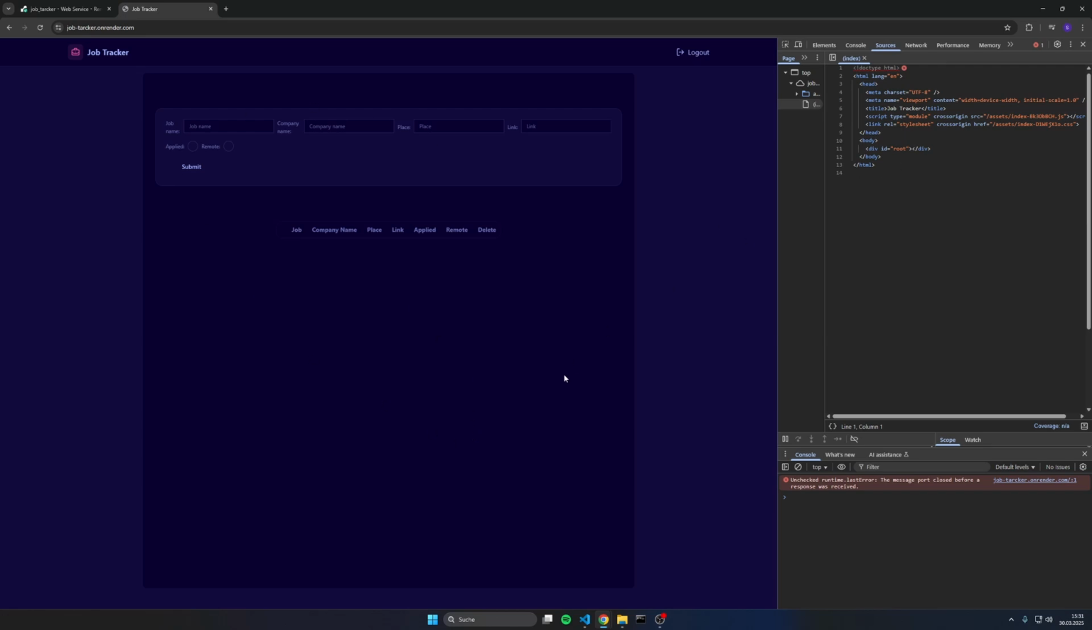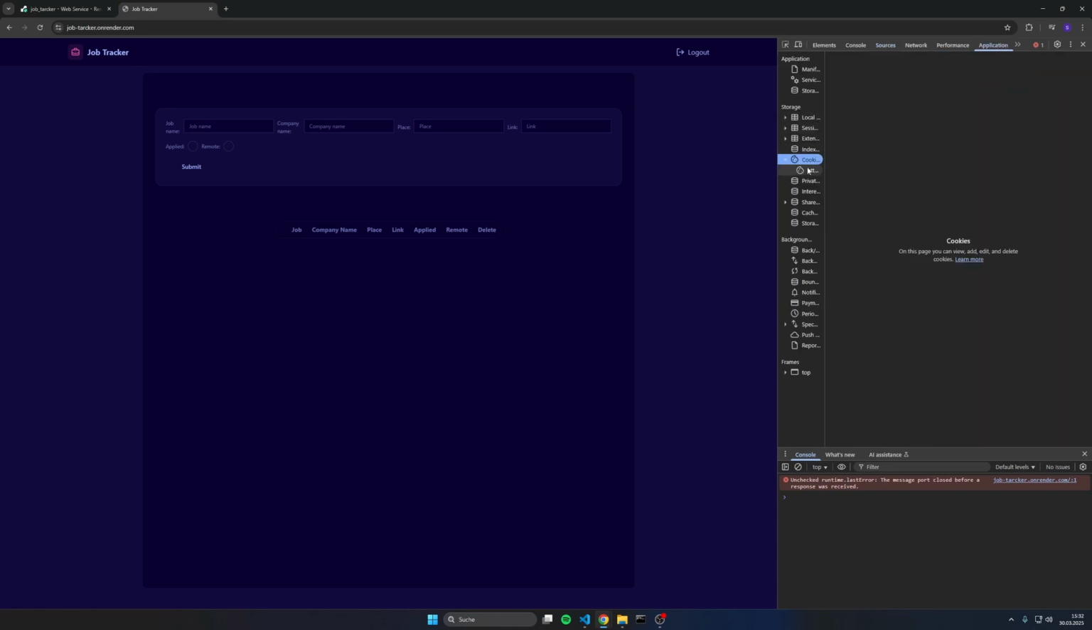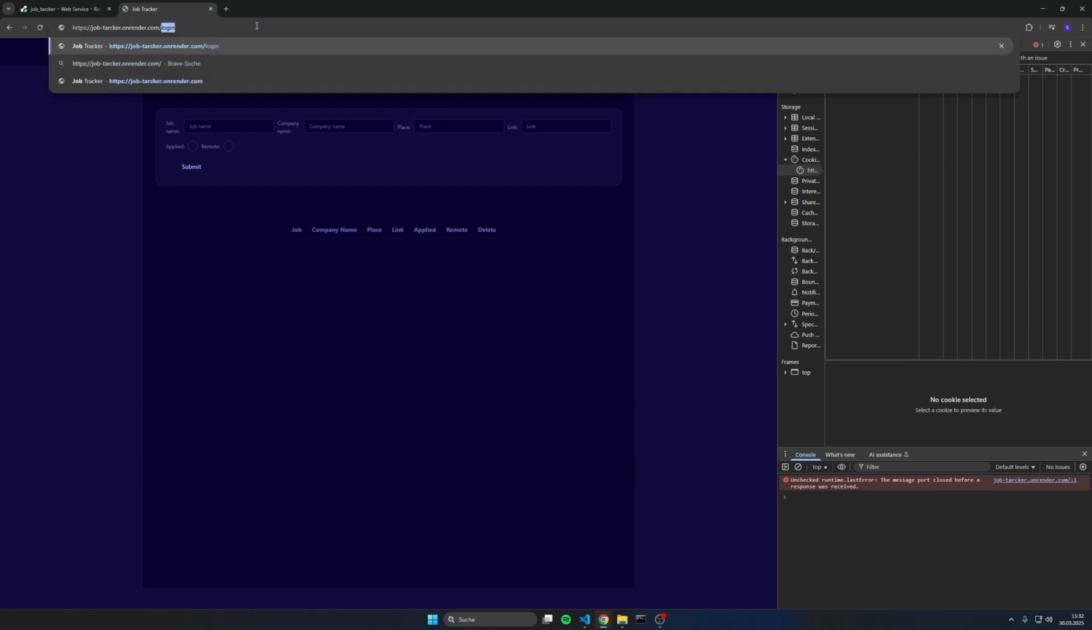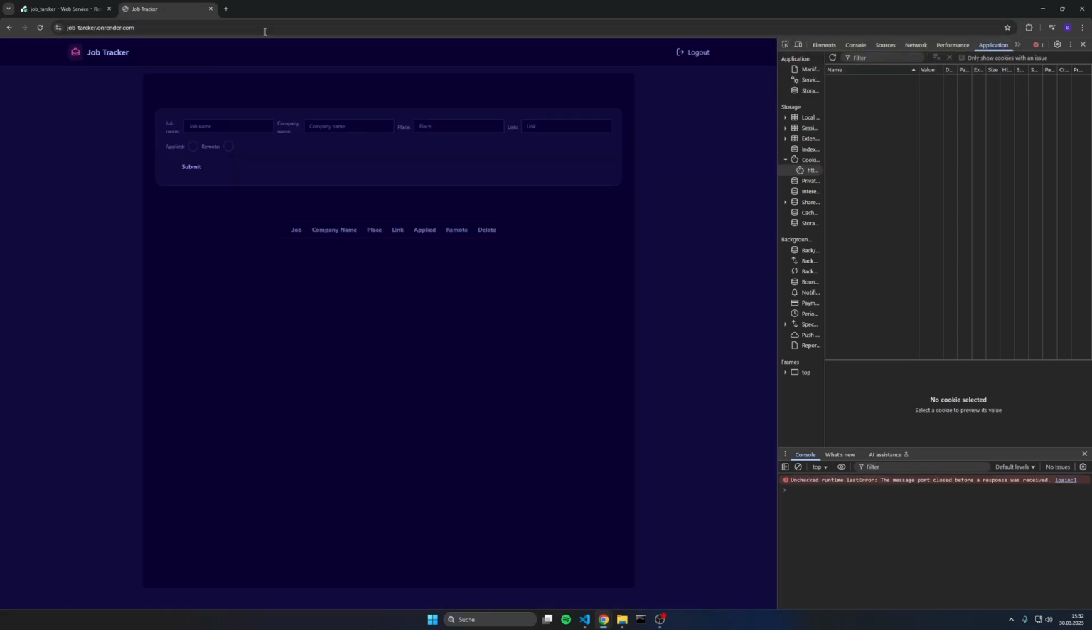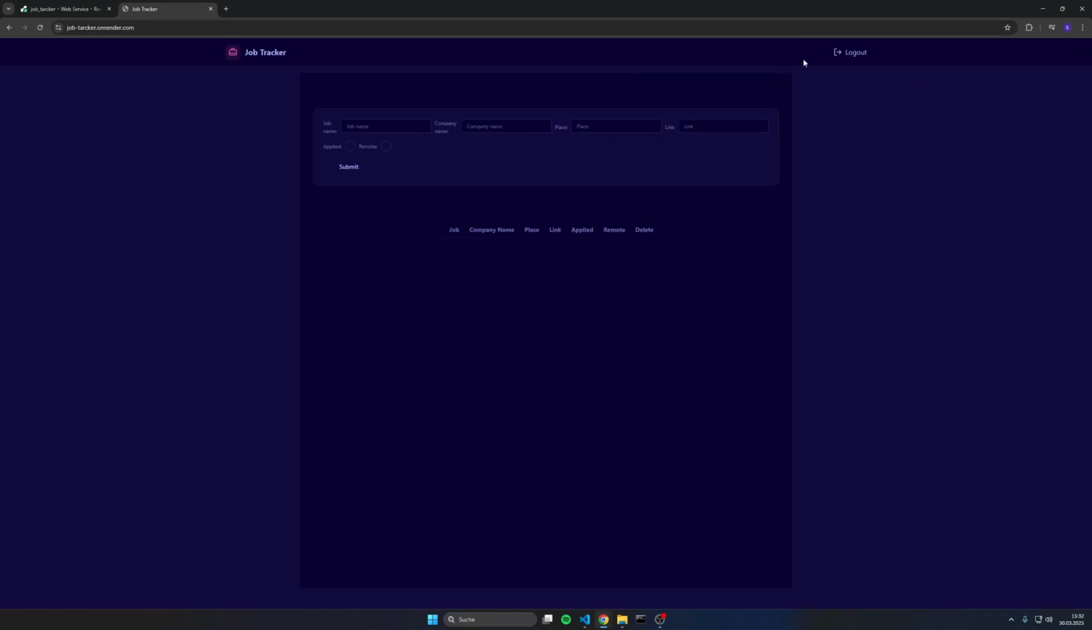And you can see we are directed to the home page, because under the applications tab in the cookies, there's no cookie. If we go to login, we are logged in already, and if we log out,